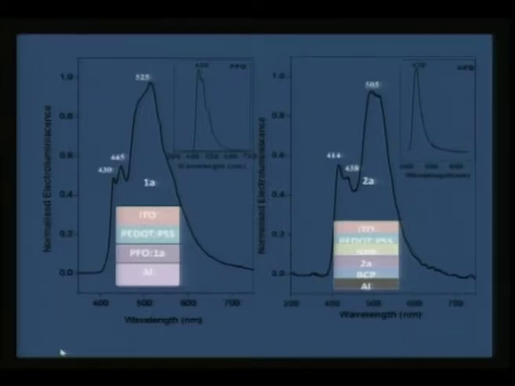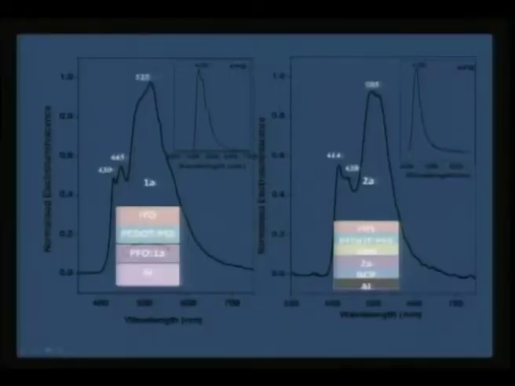For example, we have made two devices using 1A compound and 2A compound, because of all the compounds I have told you, only these two seemingly give white light emission. As a result, we can try to make the emissive layer either by depositing an exclusive 2A compound layer, or we can mix it with PFO as a matrix if you are unable to effectively deposit this in a thin film situation.